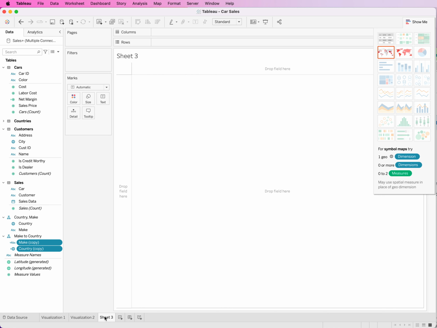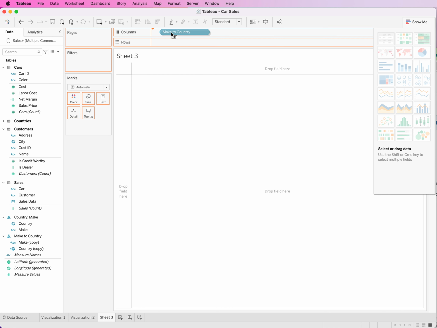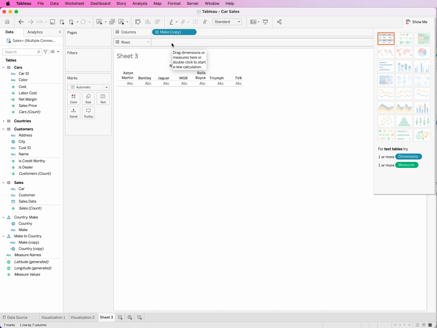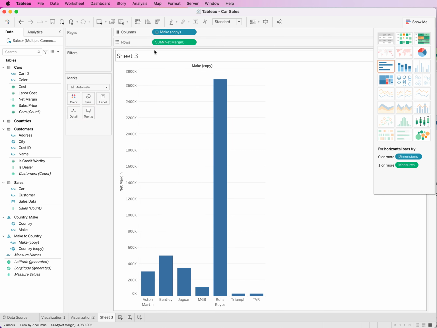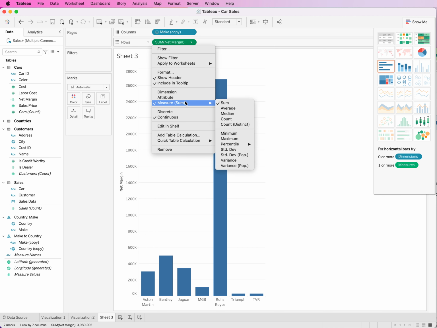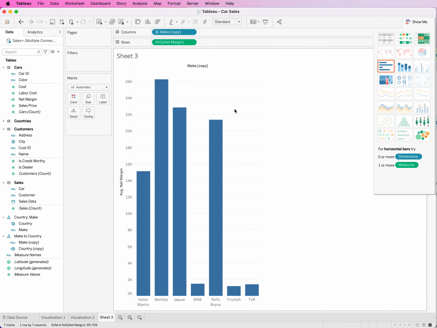So let's create a new sheet and add this make to country to the columns shelf, and then we add net margin to the row shelf. Again, by default, Tableau will use sum as the aggregation method. We know how to change this, so we do that now, average. And this looks okay